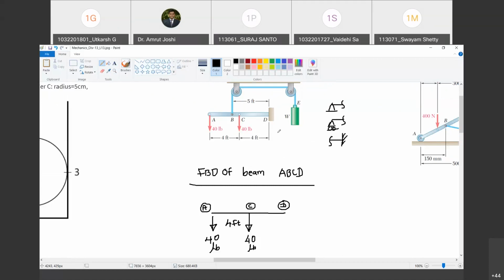So at a fixed support, how many reactions are possible? Tell me. So at fixed support, first there will be, but like we have considered that the beam is massless, that's why no force downwards would be there at the fixed support. No, forget about this. I'm not asking that. I'm asking this support is capable of offering how many reactions? Can you translate this beam down or up at D? No. So can a vertical reaction be offered? Yes. No, why not vertical? How would it be? You are not allowing it to move.